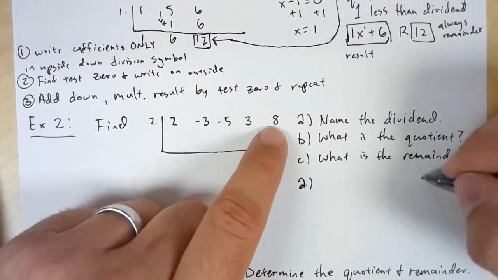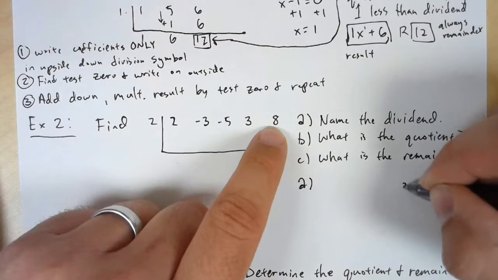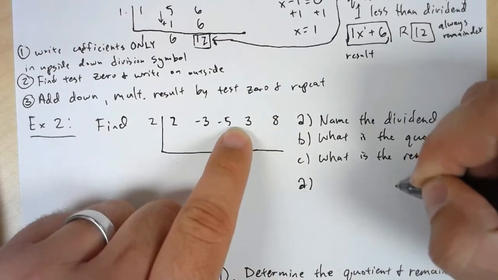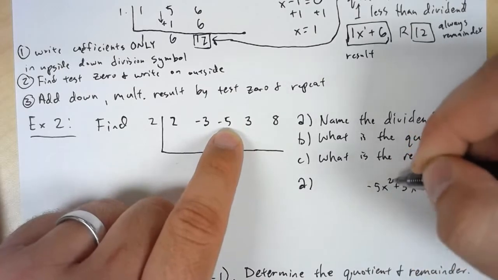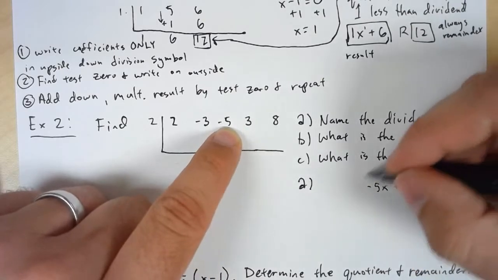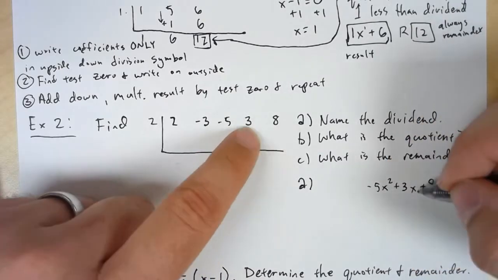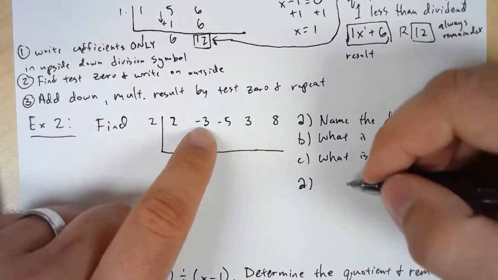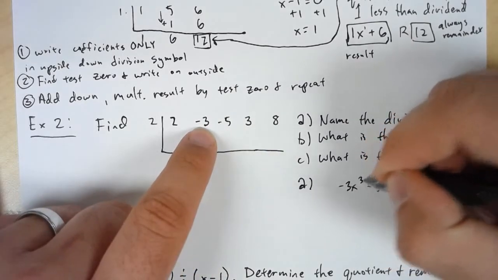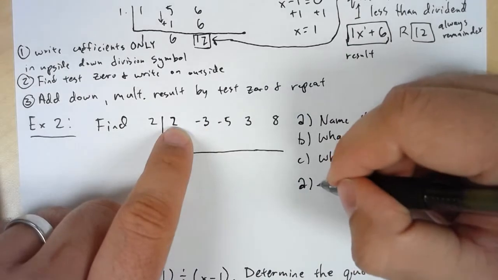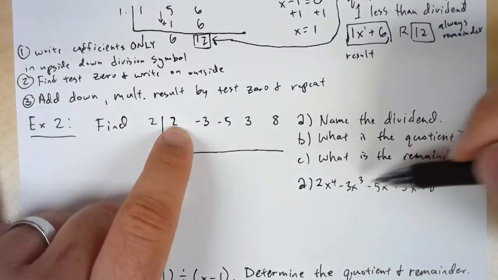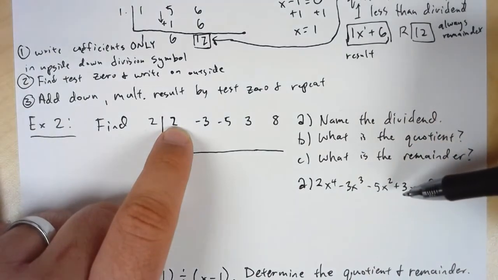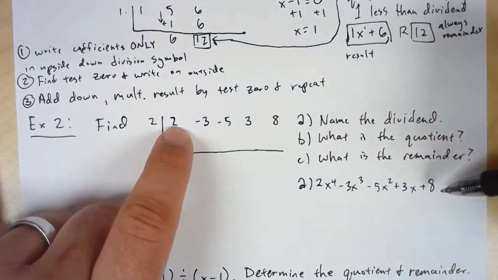We'll do the same thing here. So we have 8 plus 3x's, and then it looks like we have a minus 5x squared. I'm just counting and adding x's up. So from no x's to 1x to 2x's to 3x's, x to the third, to 4x's. So that's 2x to the fourth. So 2x to the fourth minus 3x to the third minus 5x squared plus 3x plus 8 is our original